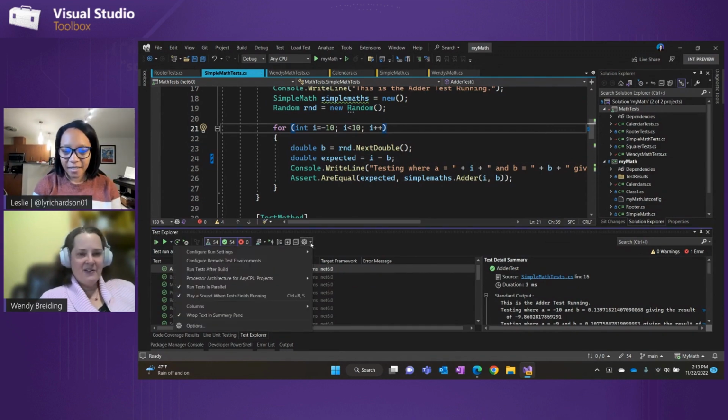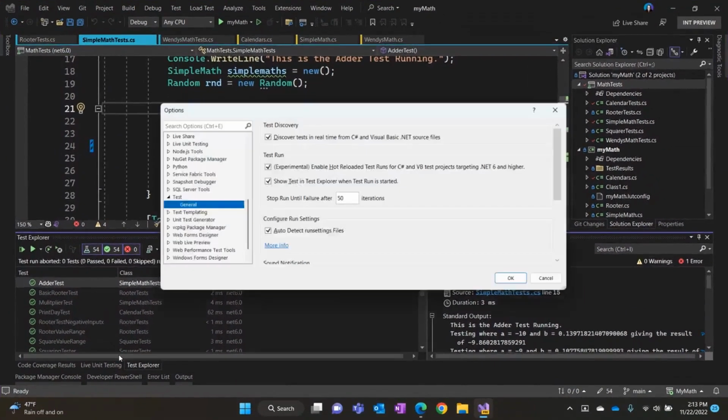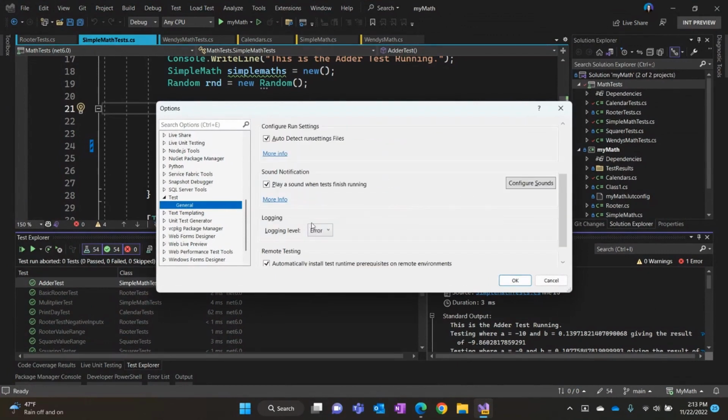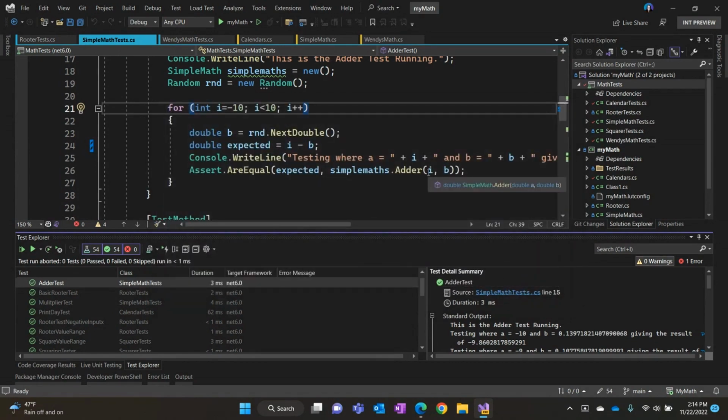One last diagnosing thing that we have inside Visual Studio is logging levels. By default, it's set to error. You can set it to trace, which is going to include all of the test platform logs. It's the same thing as running dotnet test --diag, which is the diagnostic part of the test platform. For all your test runs, it will print those platform logs into the output window, which is hugely helpful when you're trying to diagnose problems with your tests.